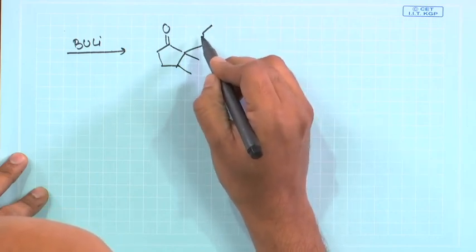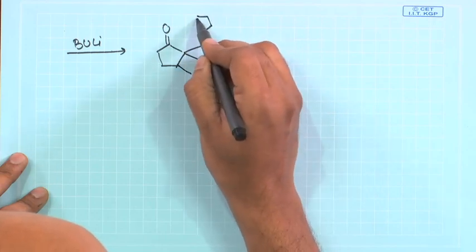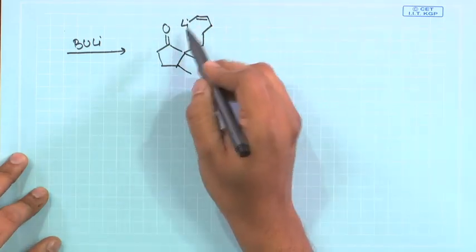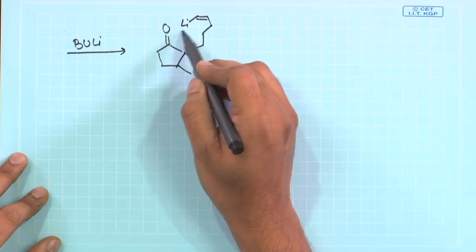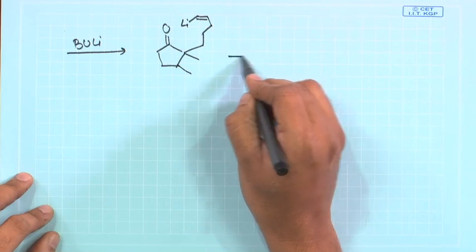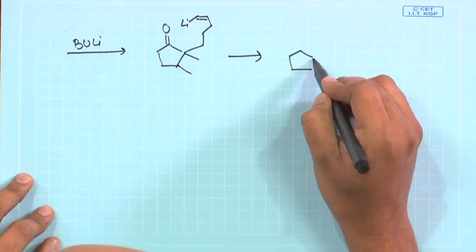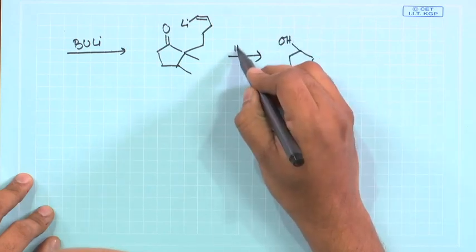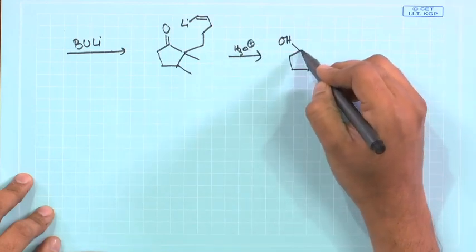You put a CH2, CH2, CH2 and then CH2, CH2, CH2, then you put in this vinylic lithium. Now, this vinylic lithium will undergo intramolecular nucleophilic addition to give you the 7-member ring which was required. So, now try to draw this. After intramolecular nucleophilic attack and acidic workup, you will basically get